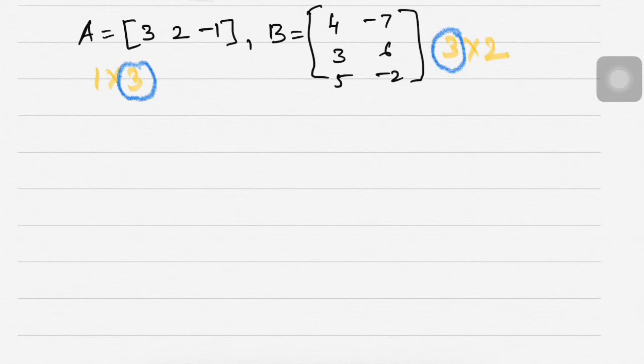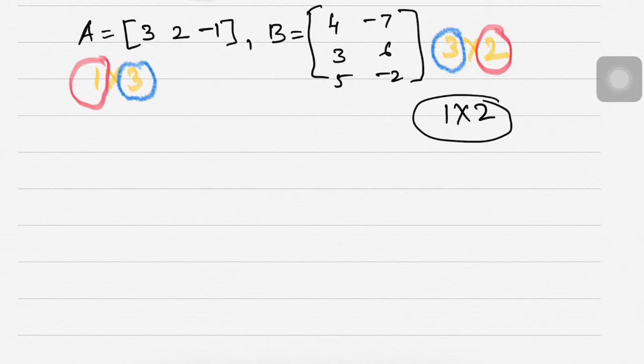Now, what is the meaning of these two numbers? What do they tell us? They tell us about the order of the product matrix. When we multiply A by B, the order of the resultant matrix will be 1 by 2. It means that the resultant matrix will have 1 row and 2 columns. So let us multiply A by B. The product matrix will be like this: